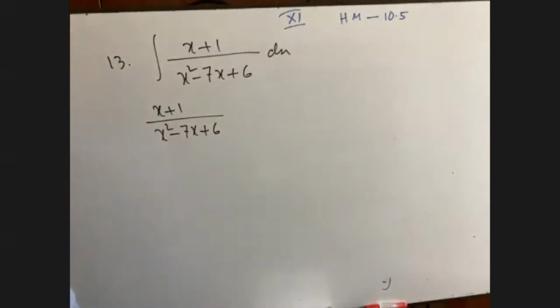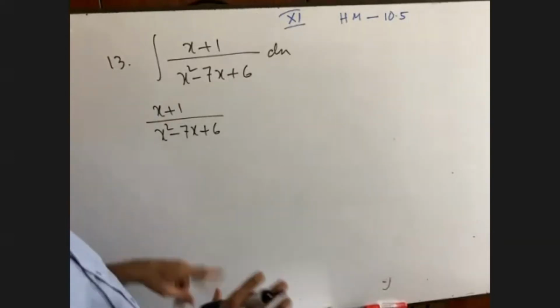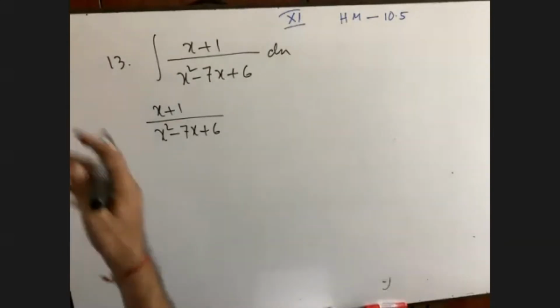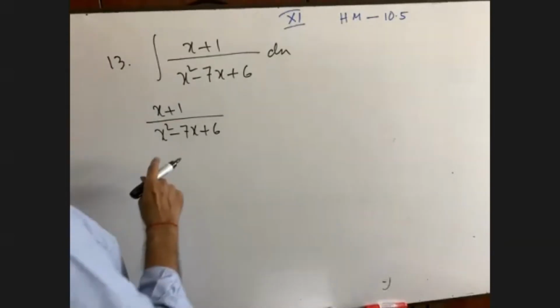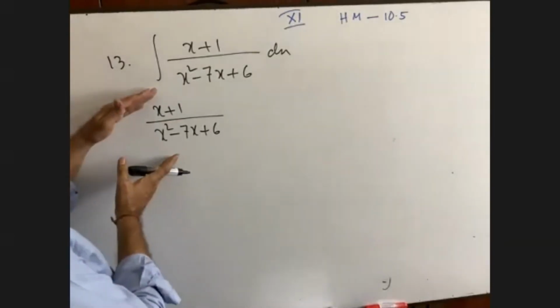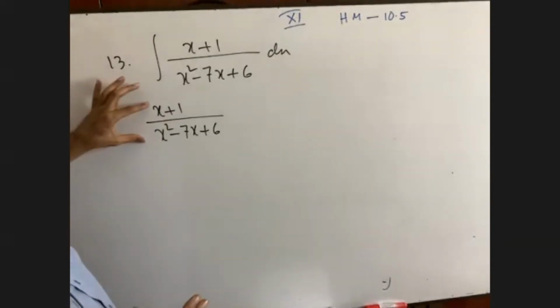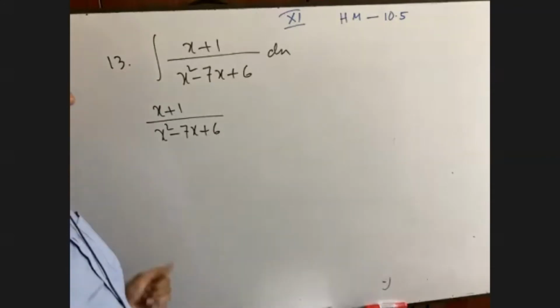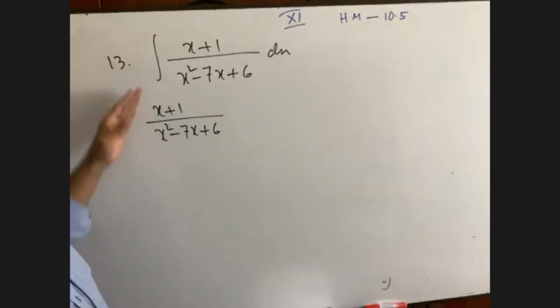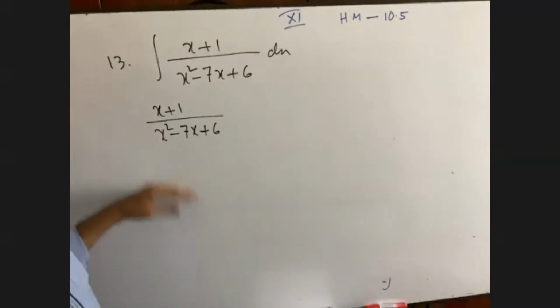Absolutely. None of the math can be done like the previous formula except question number 1. No other math can be done using the previous formula. By hook or by crook, you are bound to express this fraction as the sum of partial fractions. Otherwise it is 100% impossible for anybody to do this math.